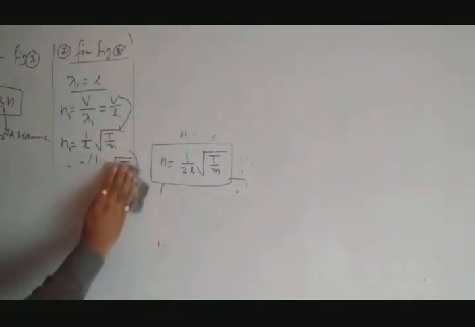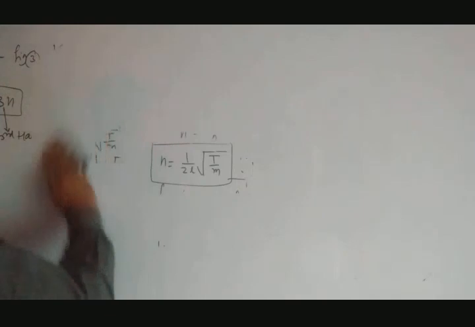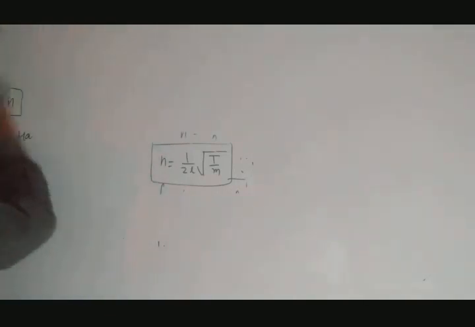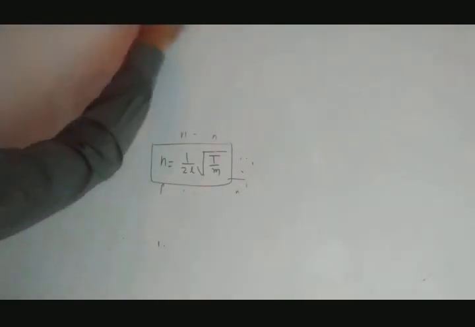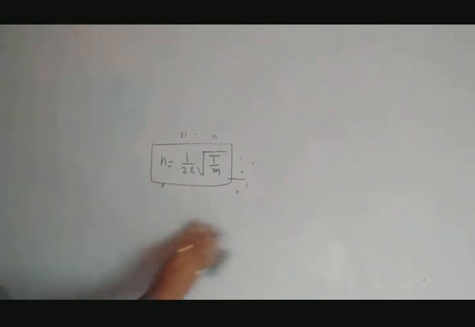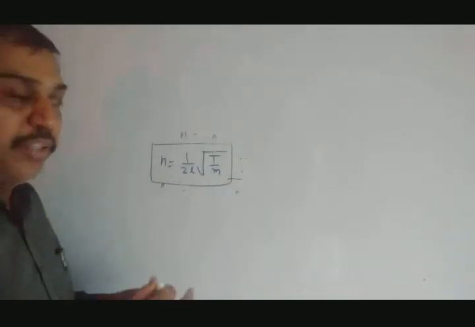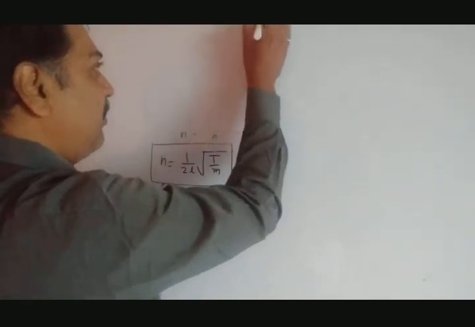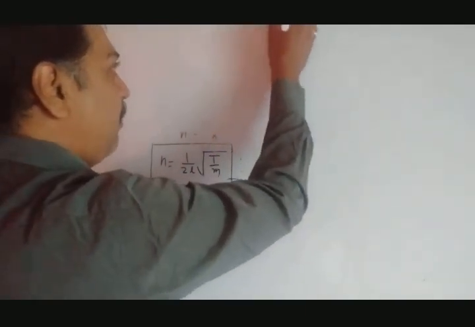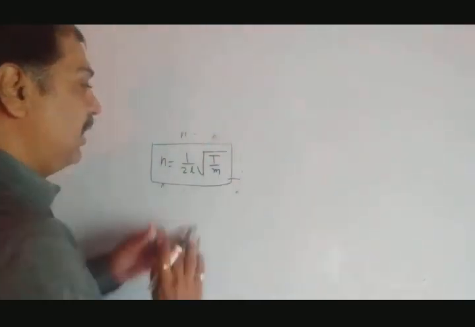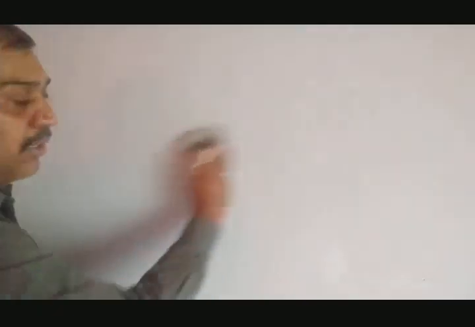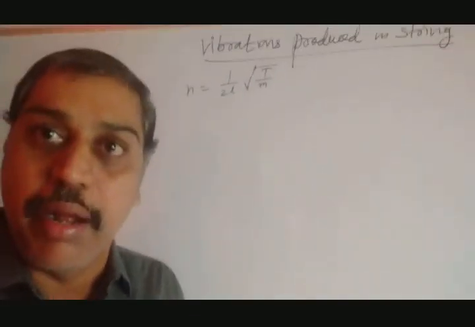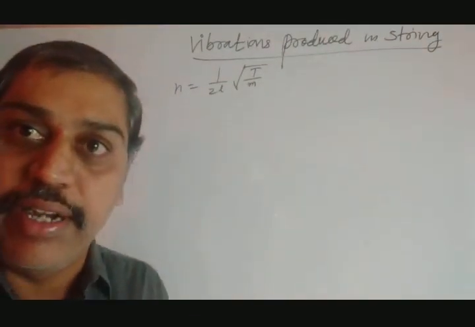So as here in this equation, you have to remember velocity of vibrating string is square root of T by M. That we have to remember. So I will write the same equation here. So you will write here N equal to 1 by twice L square root of T by M. Now here in this equation there are 3 terms. I have written a little bit above. Let's see.